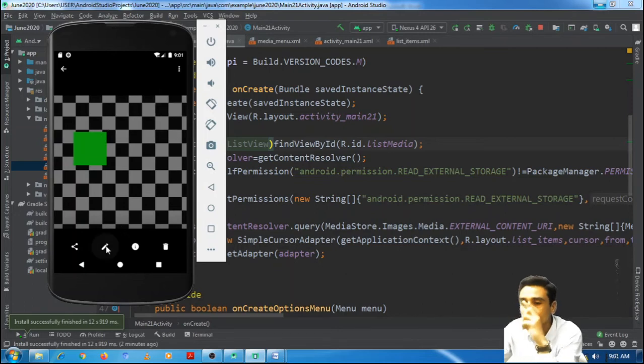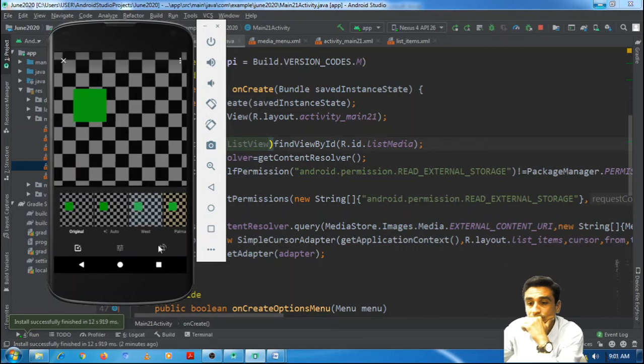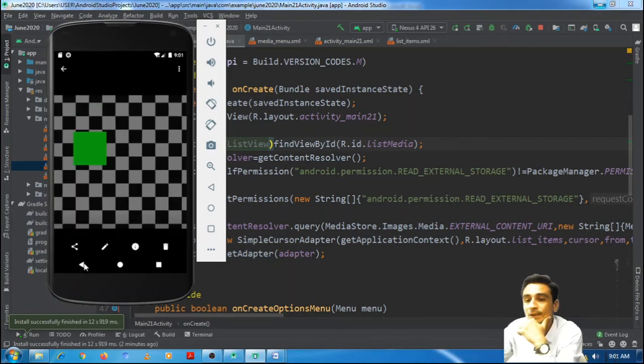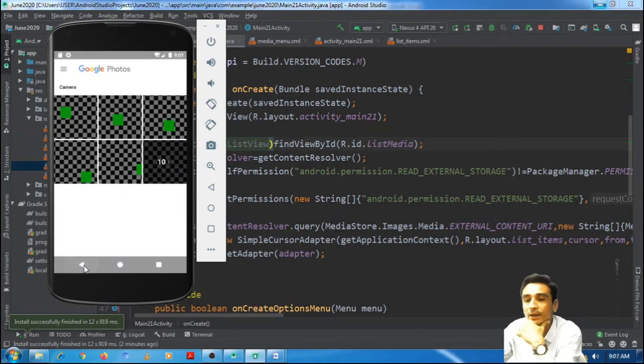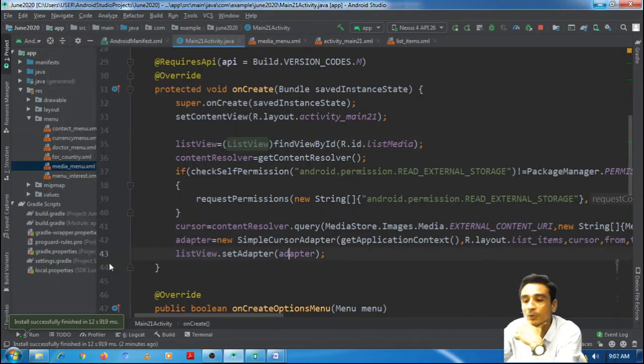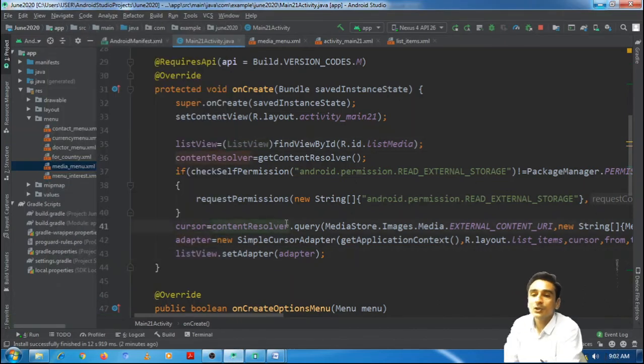Edit. No option, I just wanted to rename it, that's why I was doing this. Okay, no problem.